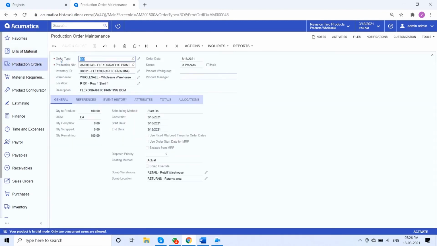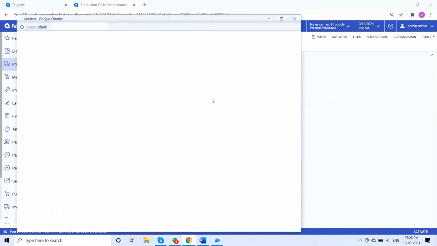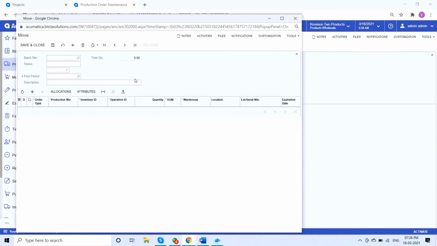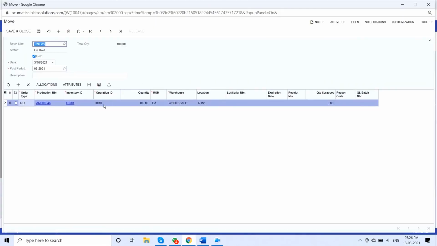Now I need to create a move transaction to receive my FG. So the move transaction I need to do twice, since there are two processes involved. One is the assembly and another one is the inspection. So I'm doing this move transaction for the 0010, that is my assembly process. So I'll simply unhold it and release it.